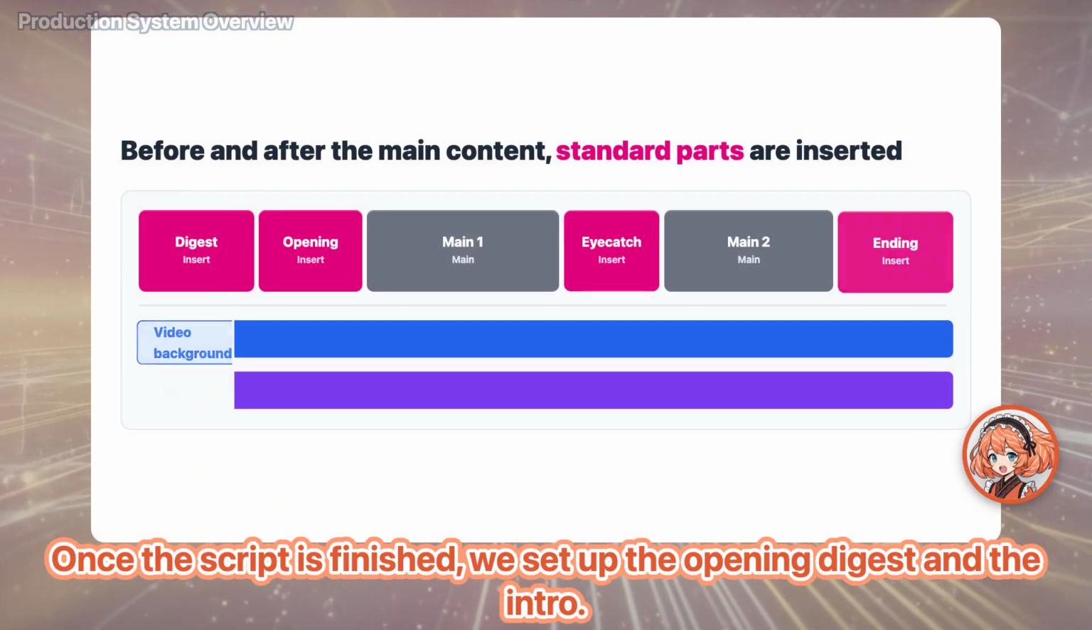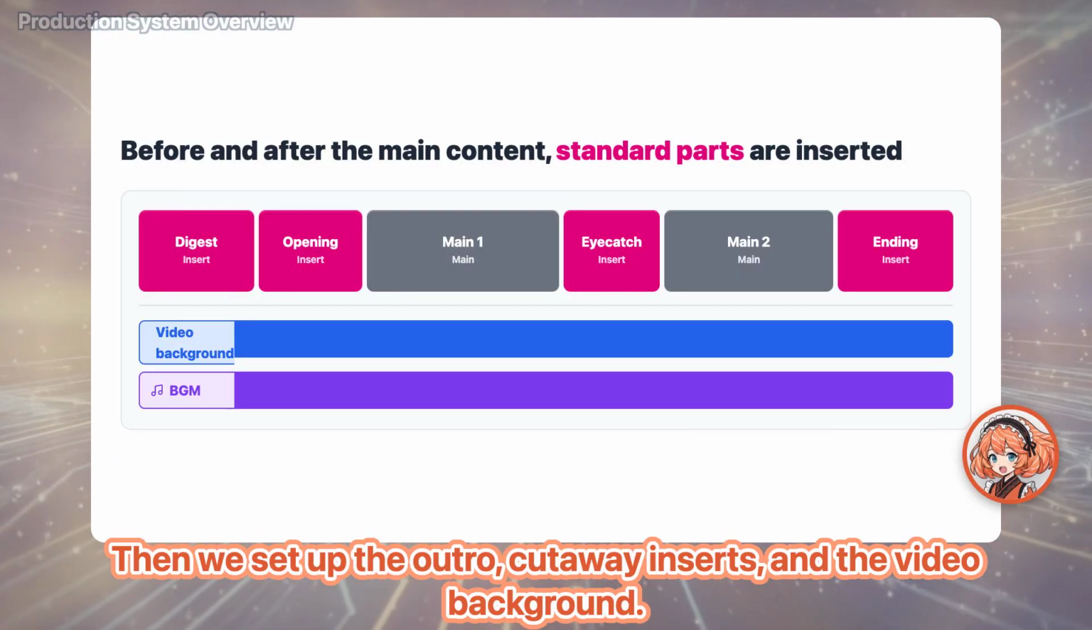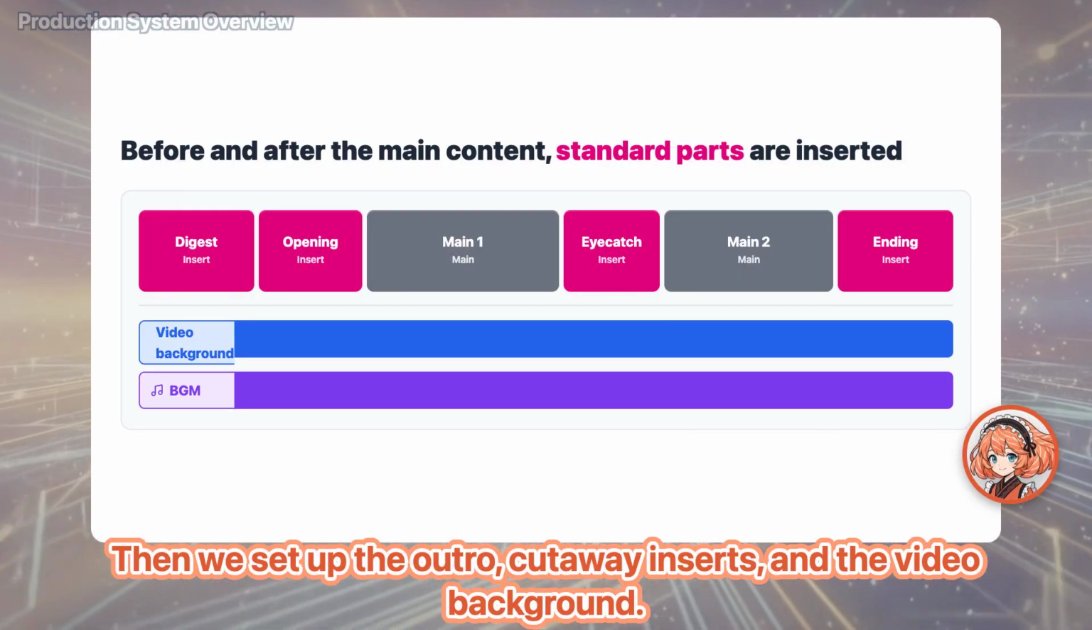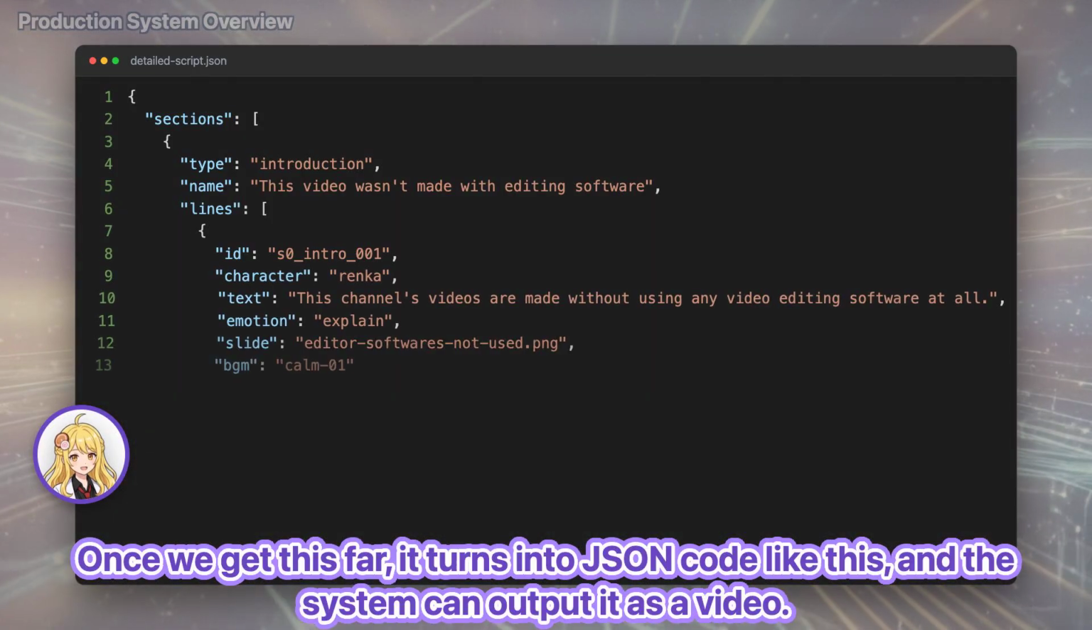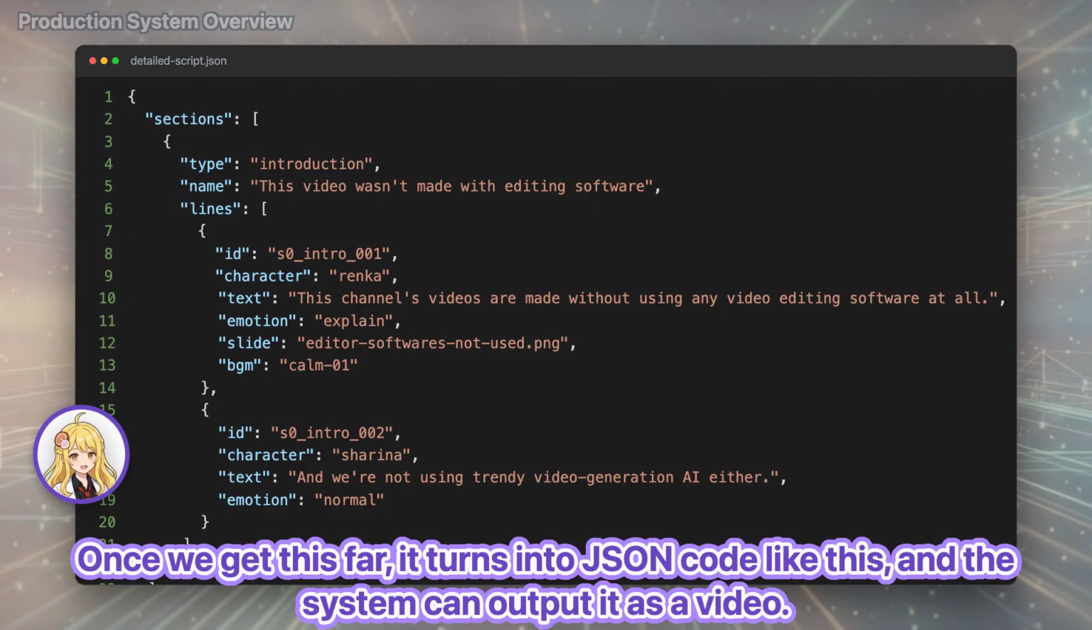Once the script is finished, we set up the opening digest and the intro. Then we set up the outro, cutaway inserts, and the video background. Once we get this far, it turns into JSON code like this, and the system can output it as a